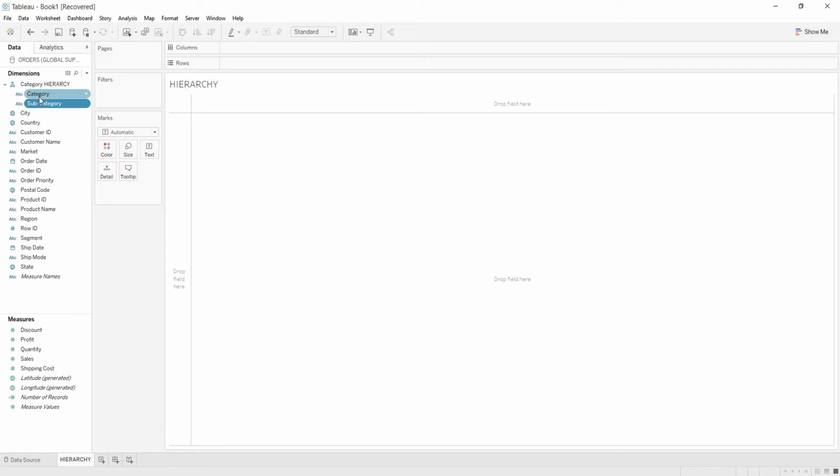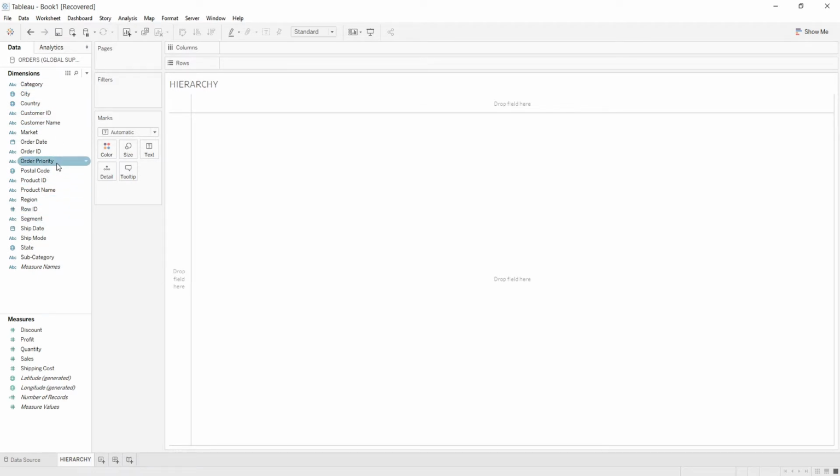Remember, while creating hierarchy, maintain the level of detail correctly. That is, the attribute which is kept at the top of the hierarchy must be a more general one for all other attributes. Further, for removing the hierarchy, we have to right click on that hierarchy and click on remove hierarchy, and that hierarchy will be removed from the dimensions tab.